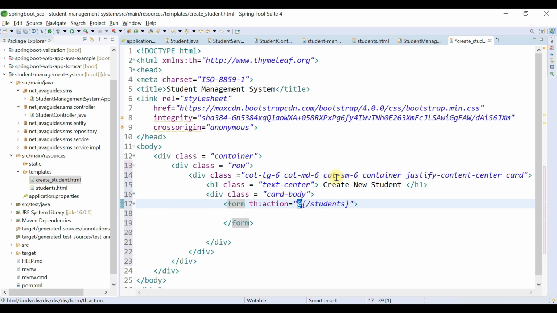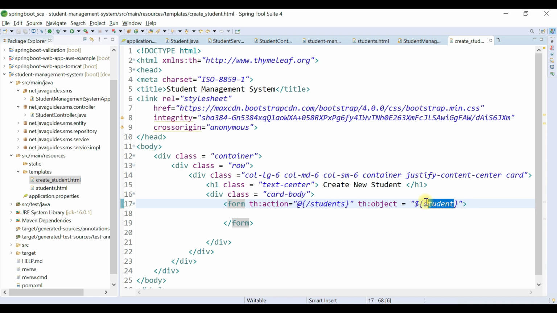Okay, so Thymeleaf needs this symbol to refer to the context path of your application. And then within curly braces we just specify the request URL, and after that th:object, and here we access the empty student object that we have added in a controller. In order to access that object, we are going to use Thymeleaf syntax, $ within curly braces student.